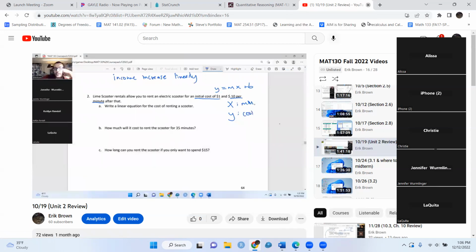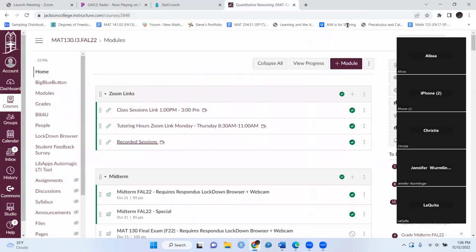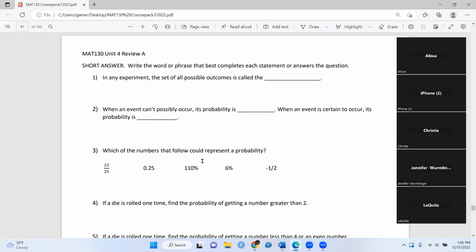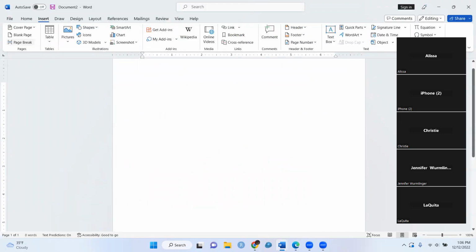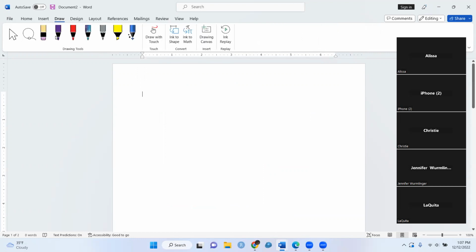Okay, so let's do that now for Unit 4, and then we'll use that as our review, and then we'll talk about the final exam and how you get to use all those review sheets, and I'll show you where the final exam will be located, and that will be that. All right, so for Unit 4,